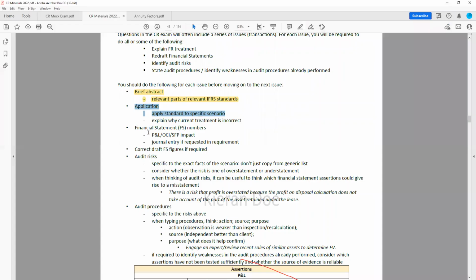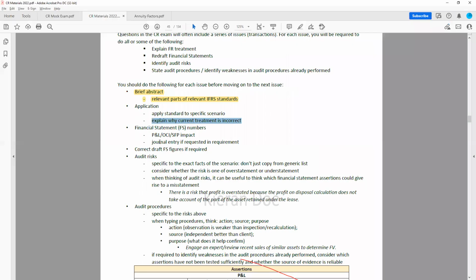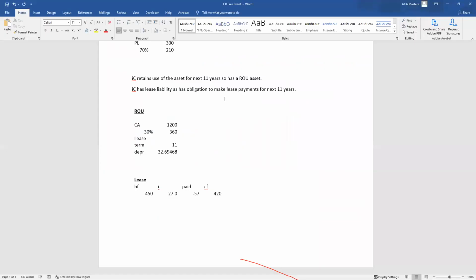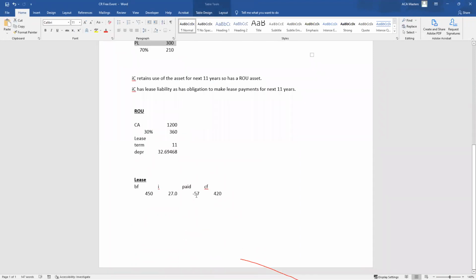But what's also good to do is explain why what they have done is incorrect. So as I was saying, it's quite clear what they've done is incorrect because they've just put it all in suspense account. But sometimes in other questions, it might be that they've recorded all of the profit or loss on disposal in the P&L. Or we're looking at a later year and they've recorded the lease payment in the P&L rather than the effective interest and the depreciation. We could just say here